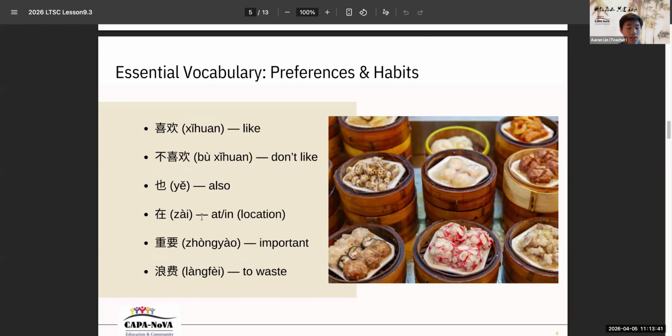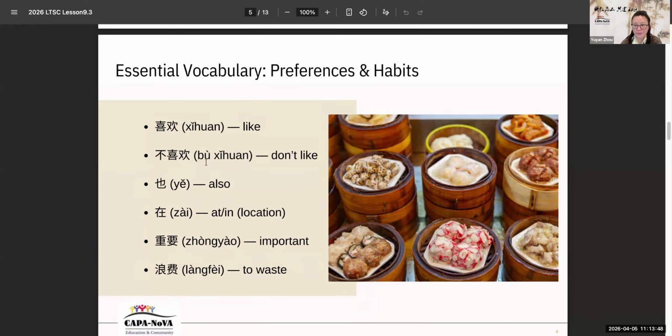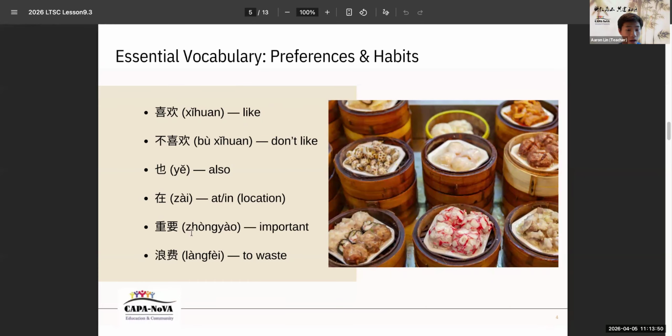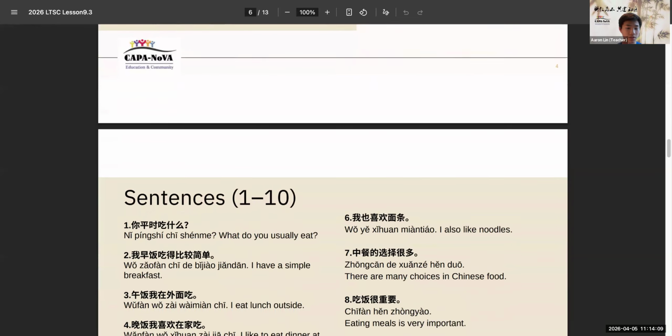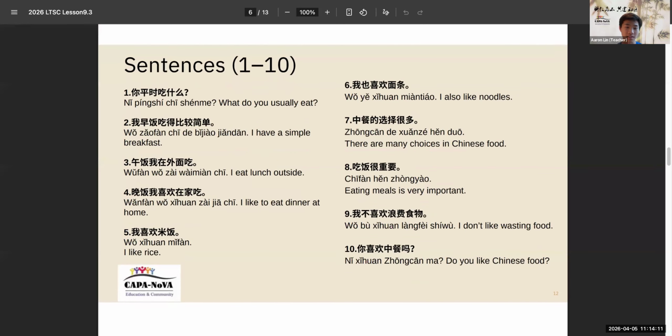And 在 means at or in, like a location. And then we have 重要, which means important. And last is 浪费, which means waste. All right. So the way I structured this lesson is I have the sentences next because I feel